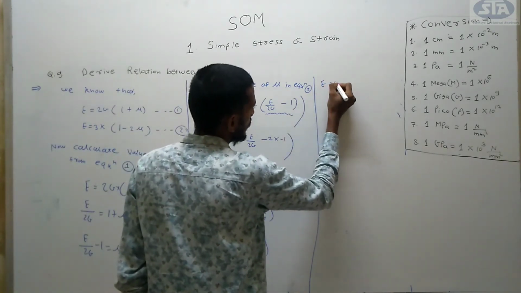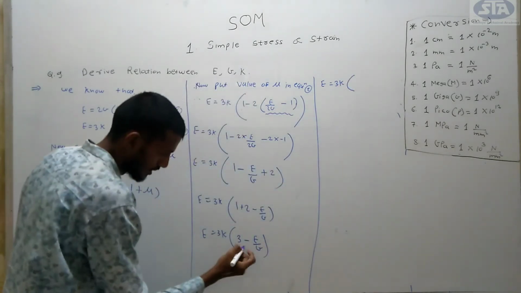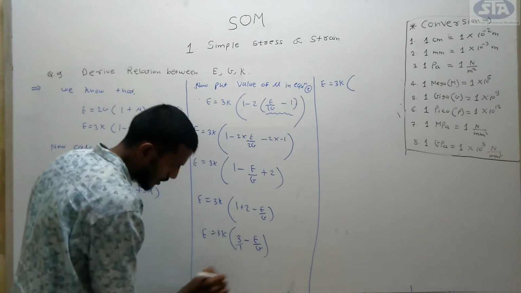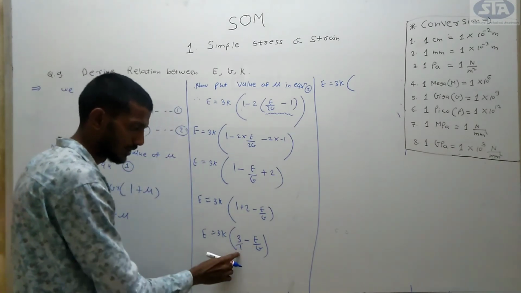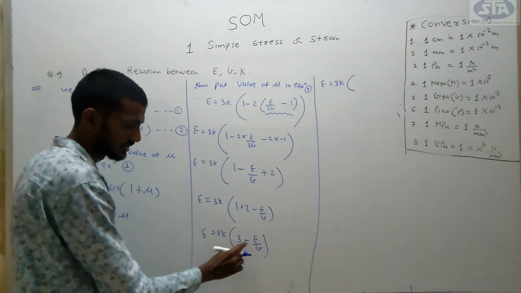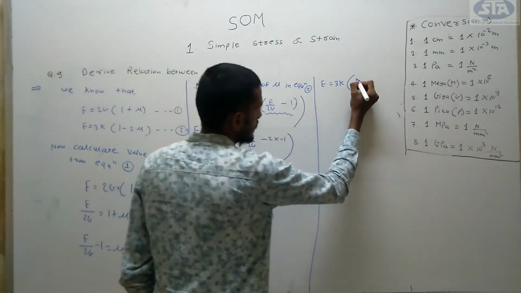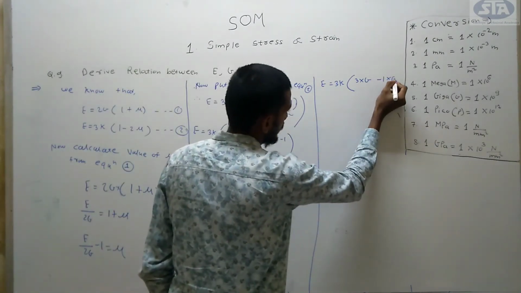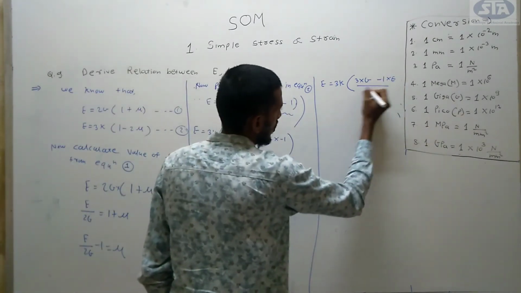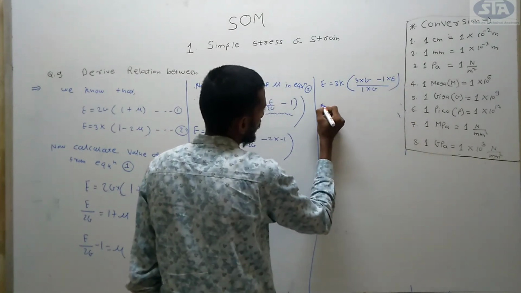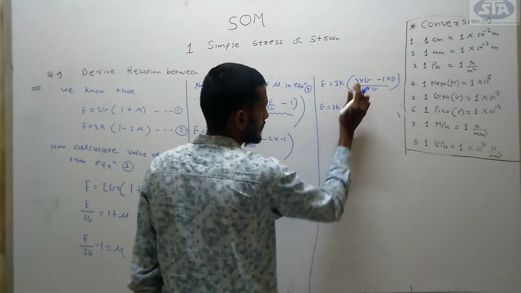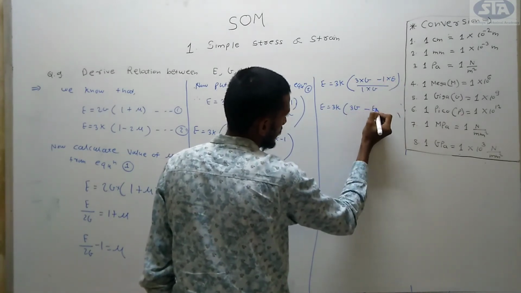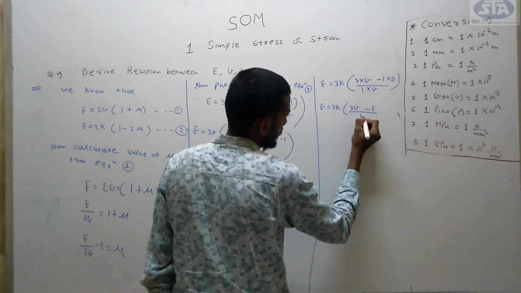Now E is equal to 3K as it is. Here 3 is in the numerator, and in the denominator the value present is 1 by default. Now we are doing cross multiplication inside the bracket, that is 3 into G minus 1 into E divided by 1 into G. E is equal to 3K again as it is. 3 into G is 3G, minus 1 into E is capital E, divided by 1 into G, that is G.